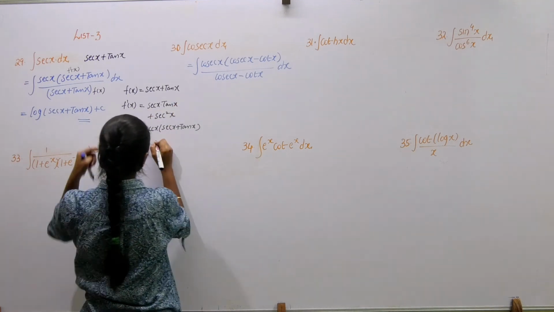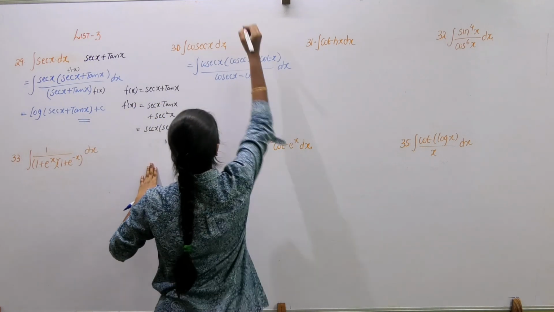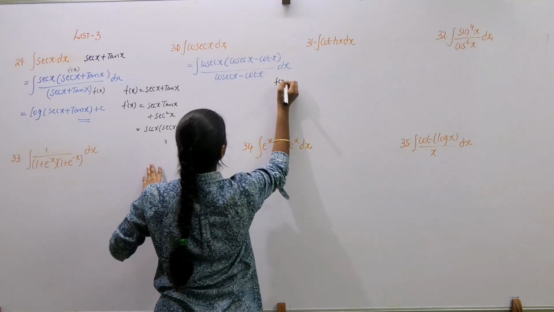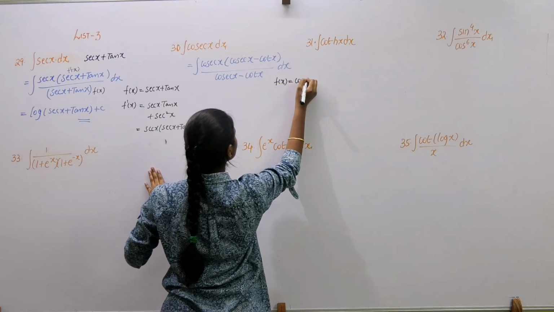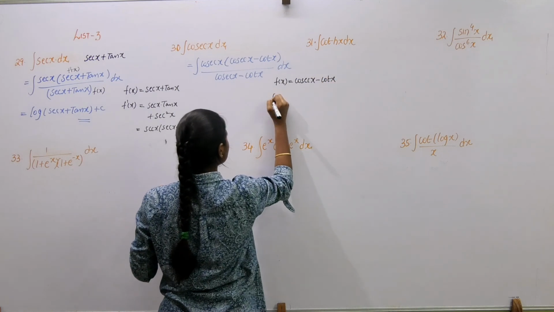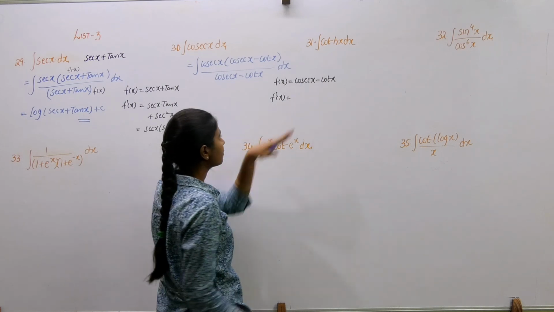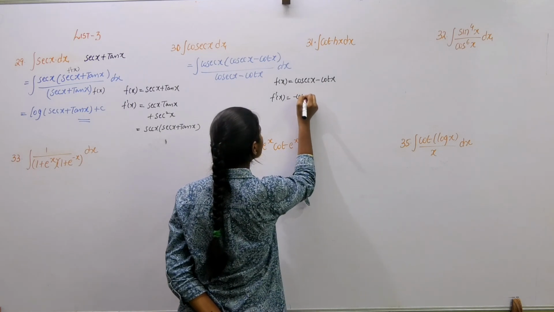Let f of x be equal to cosecant x minus cot x. Then f dash of x is equal to d by dx of cosecant x, which is